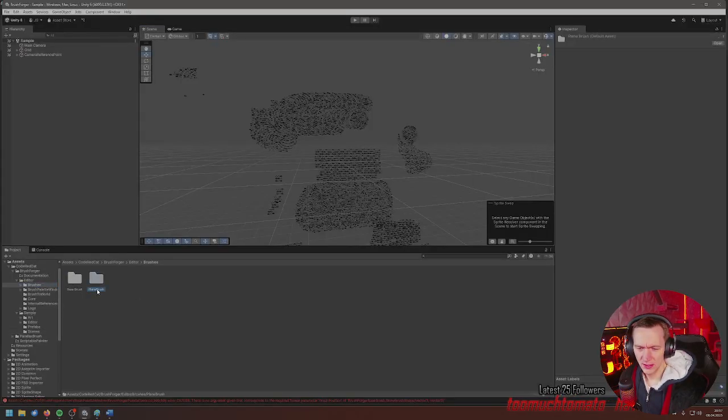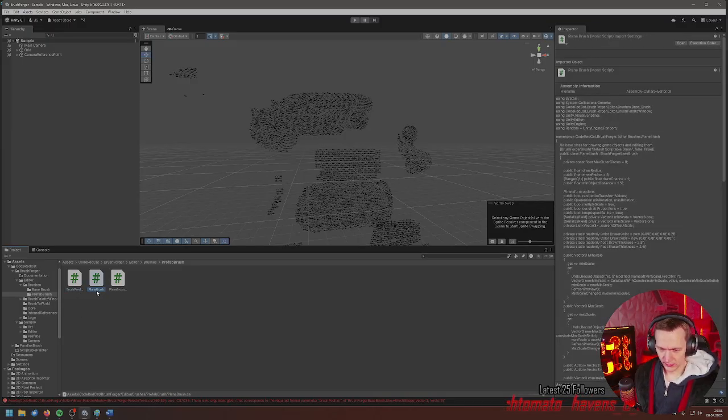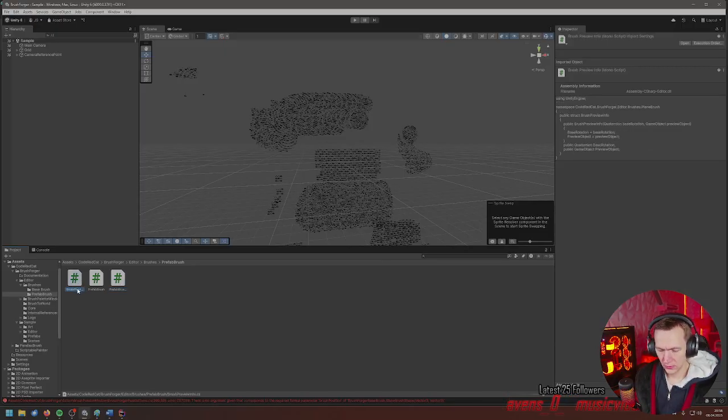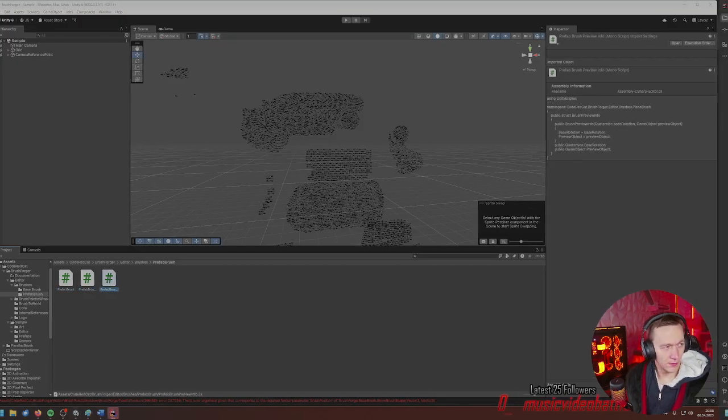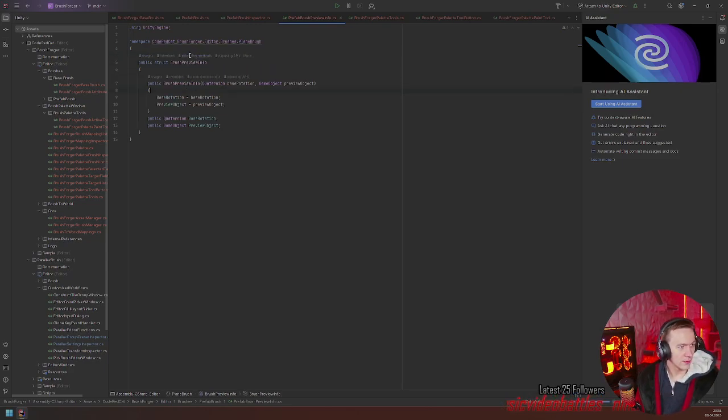So we go in here, and this is going to be prefab brush, and then we see that there's a lot of just destroying your own project with the prefab brush, with trying to think of new cases. I think this is a way to do it.